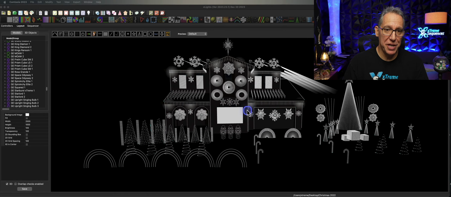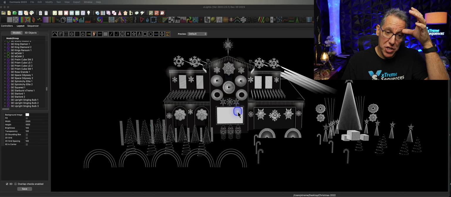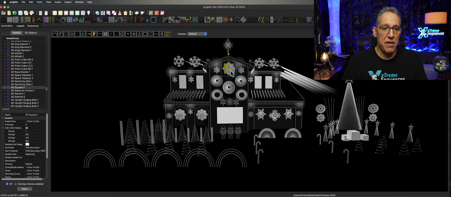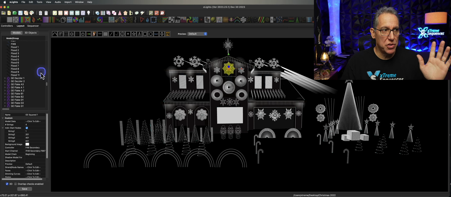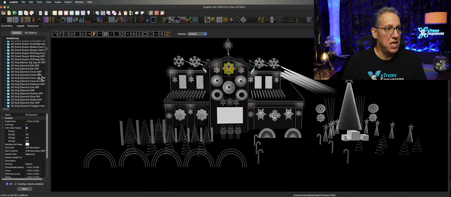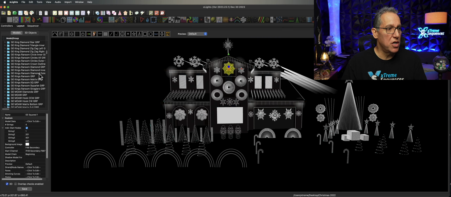Before you here is not my 2023 show. This is my 2022 show. This is basically what it would have looked like. And you'll see that I have some of the lovely HD models from Gilbert Engineering. Here's my squared one. Now, if we notice in the GE squared one, I go up to the submodels, and I'll scroll up here, and I'll find this here somewhere. GE squared one, where are you? I missed you.